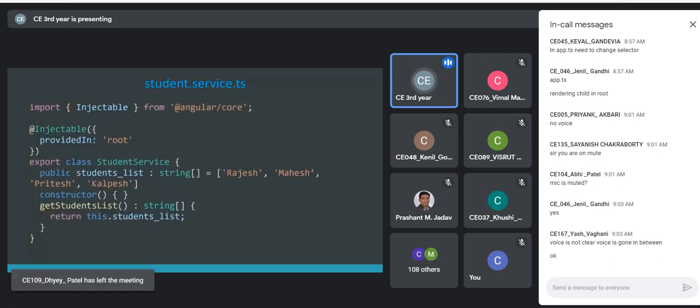This Angular CLI utility will generate the template, and within the template we have to write down our code. So this is a very simple example in which there is a static list of students, and there is one method called get student list which will return this list. And later on, you can extend it to fetch the data from the server. The student list will dynamically come from the server.